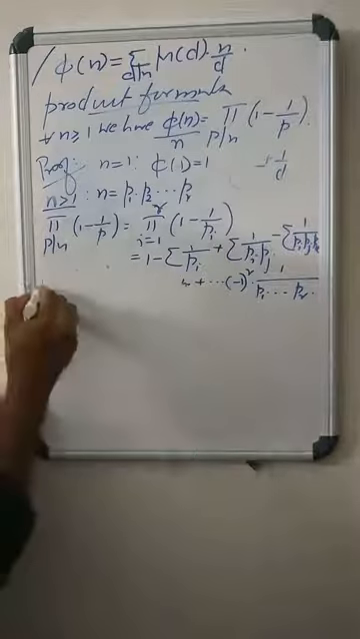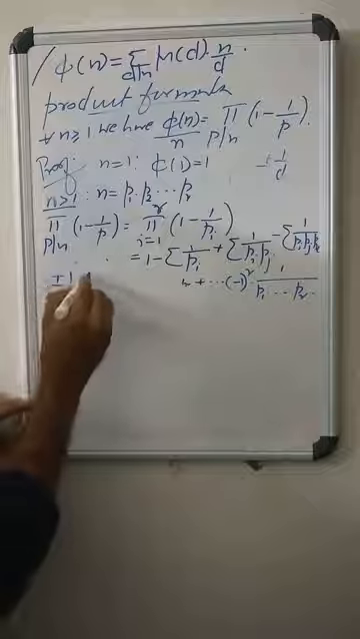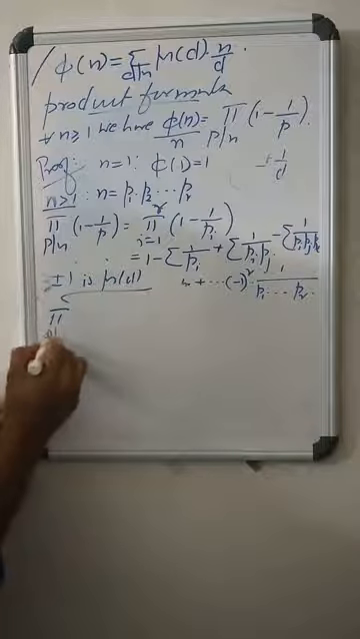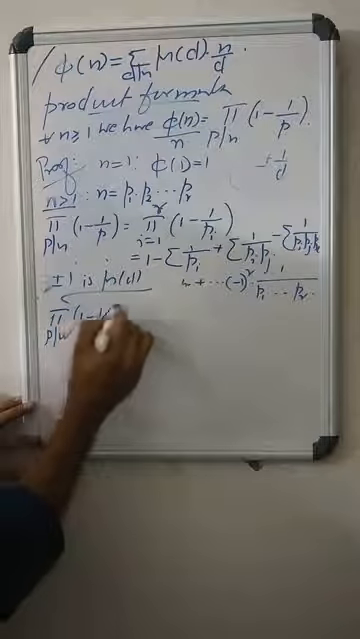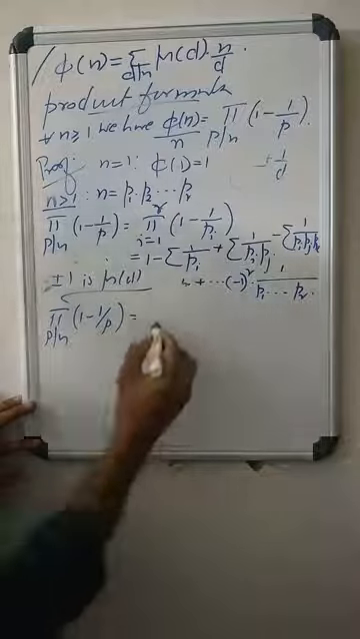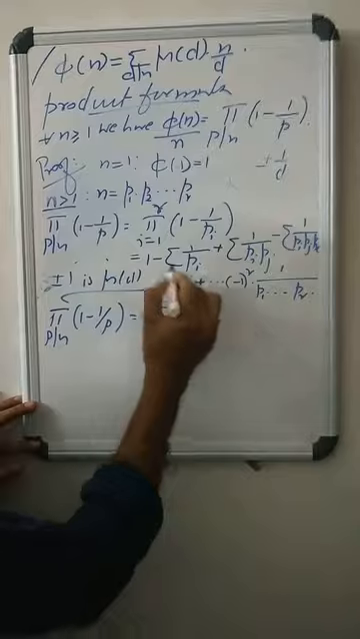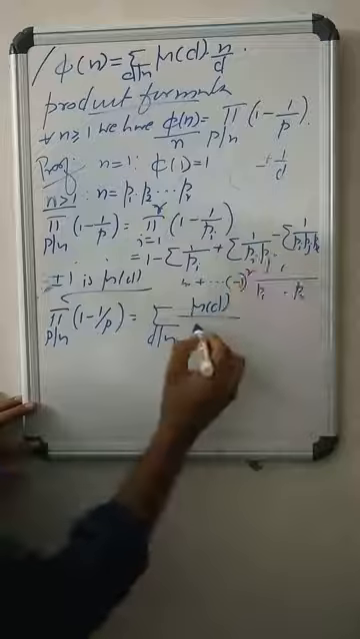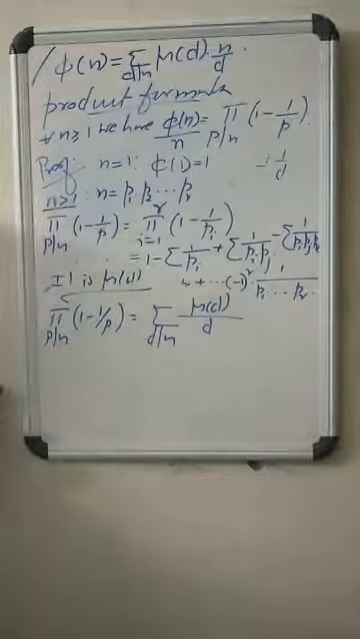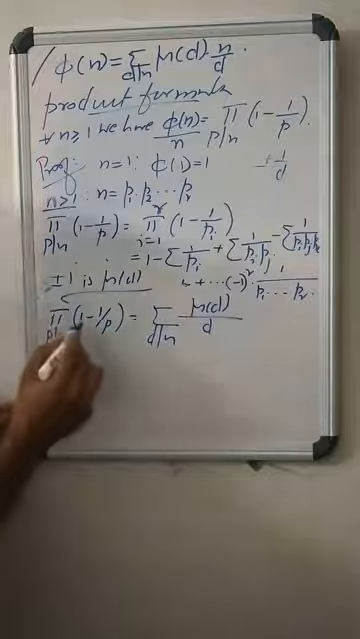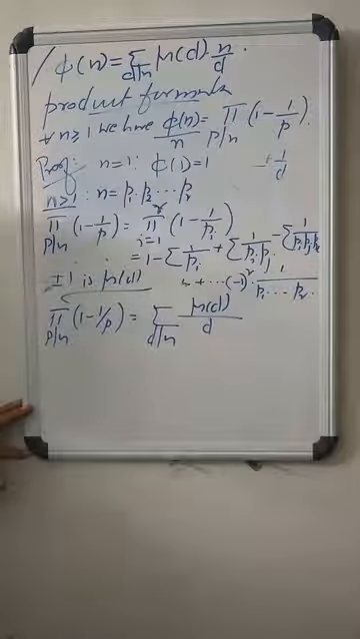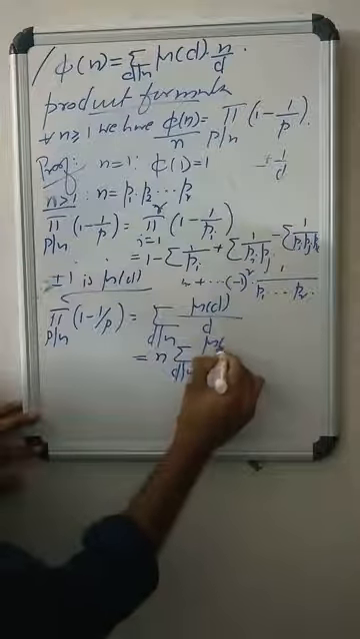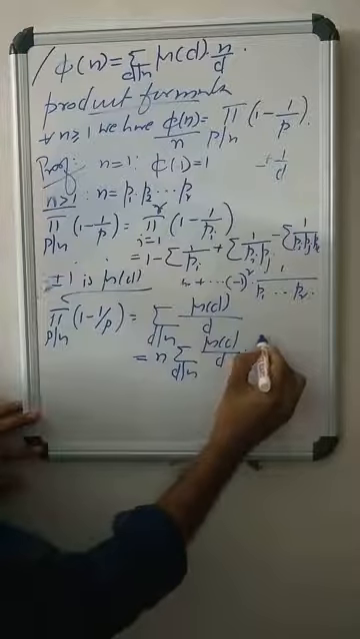So mu of 1 is this sign, plus or minus 1 is exactly mu of d. Therefore, from this argument we have, when p divides n, the product over p dividing n of 1 minus 1 by p equals the sum over d dividing n. What about the plus or minus 1? Plus or minus 1 is mu of d, and each of these products is 1 by d, so it is mu of d by d. So the product over p dividing n of 1 minus 1 by p is the sum over d dividing n of mu of d by d. That can be rewritten as n into the sum over d dividing n of mu of d by d